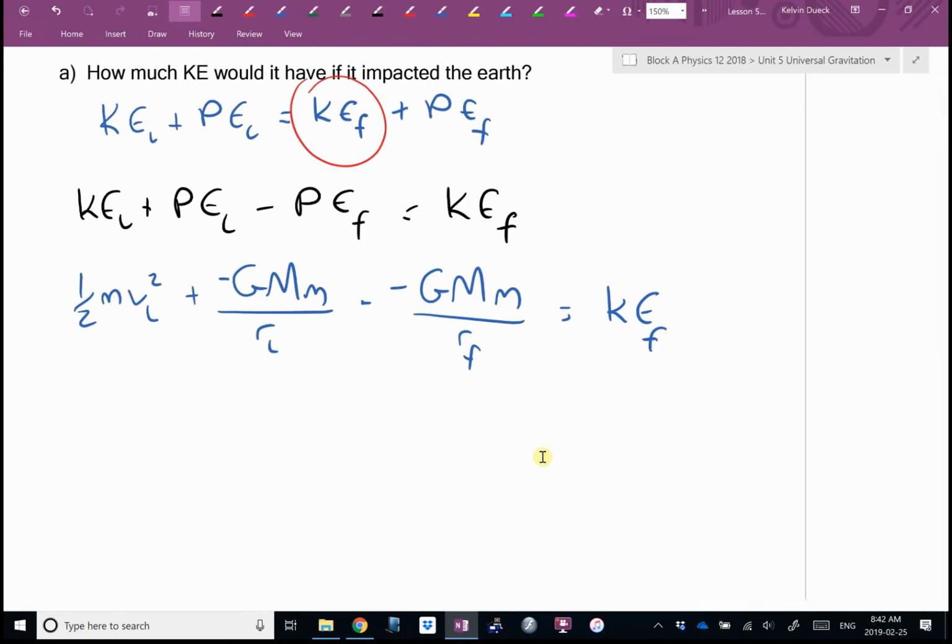Does the little m cancel? There is a little m hidden in here, but I didn't say find the final speed. I said find the final kinetic energy. So unfortunately here, I don't think a little m is going to cancel. I've got to keep everything. So it's going to be